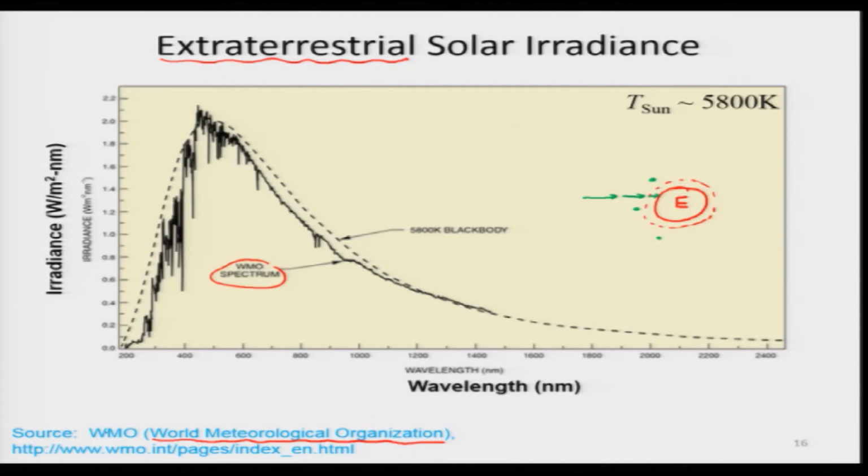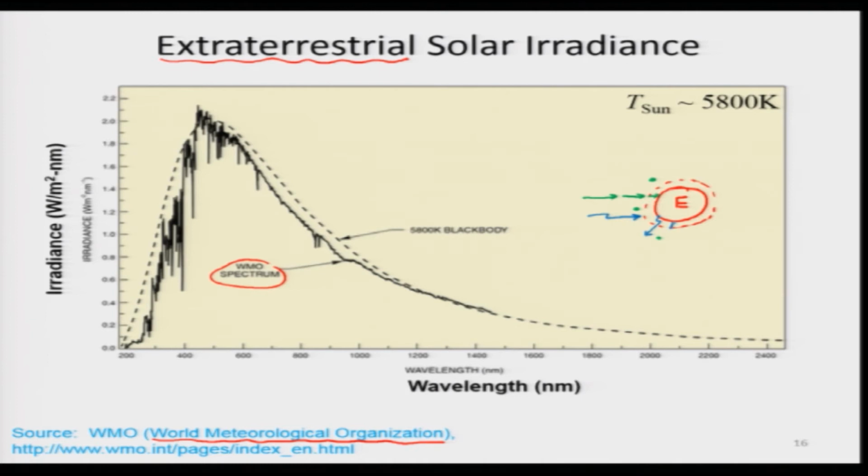The atmosphere not only participates in absorbing that solar radiation when it was coming, but also when it is re-emitted by the earth, because once the earth absorbs that radiation, its temperature increases, so it is again emitting. All objects, all materials having a finite temperature, are going to emit. We will study all those laws. When that emission is taking place, it is being absorbed in the atmosphere, and this is one of the concepts of greenhouse warming that we are hearing about in the news lately about climate change.